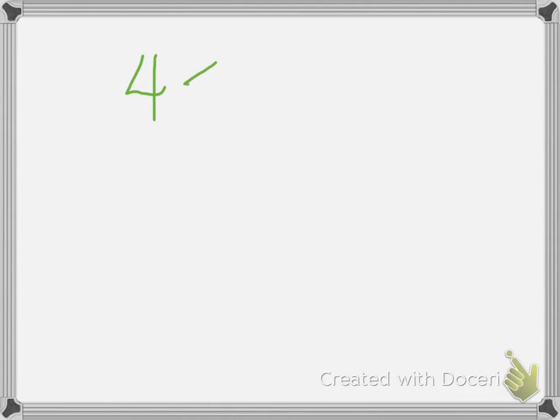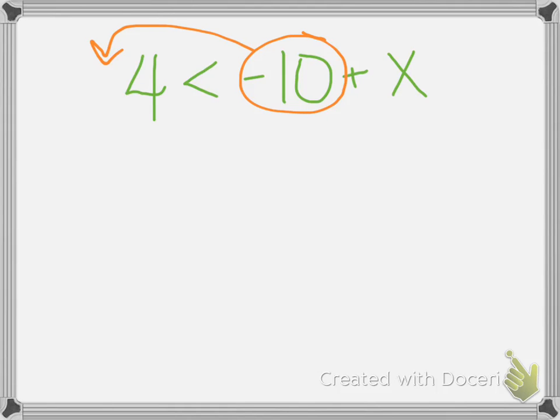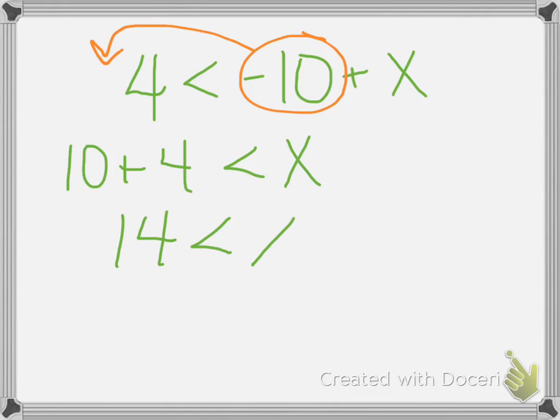Let's try another one. So 4 is less than negative 10 plus x. So what do we have to move over? We have to move that negative 10 over to the other side. When we move it across, it becomes a positive. So we're going to have positive 10 plus 4 is less than x, which means that 14 is less than